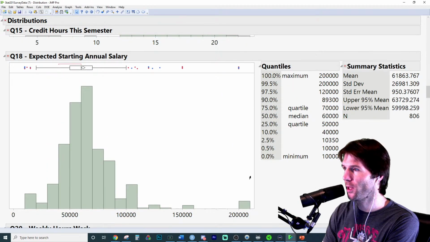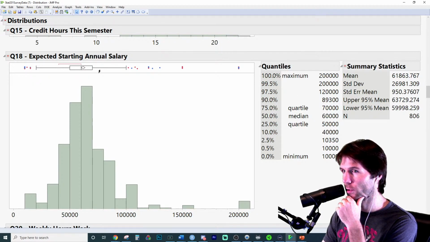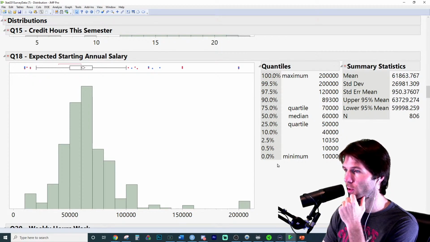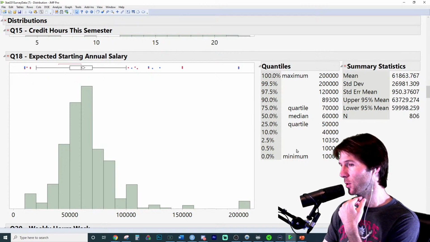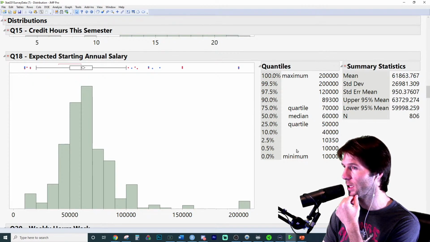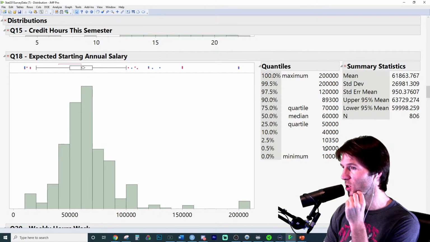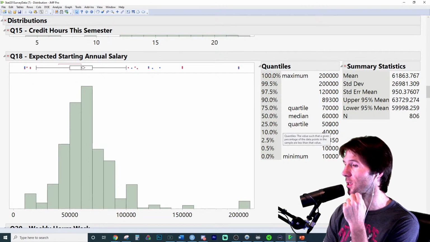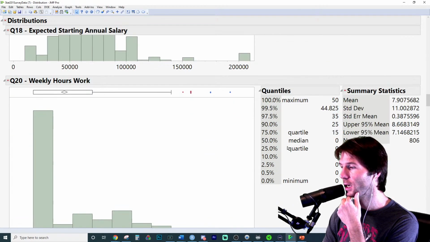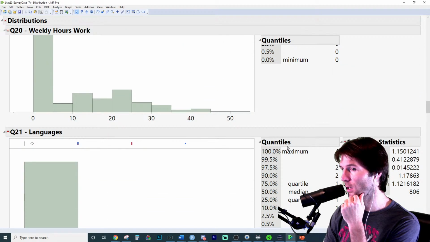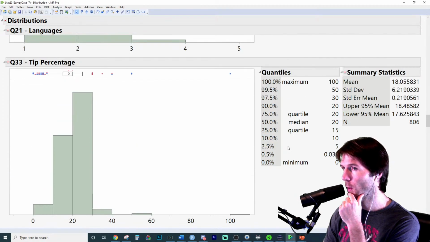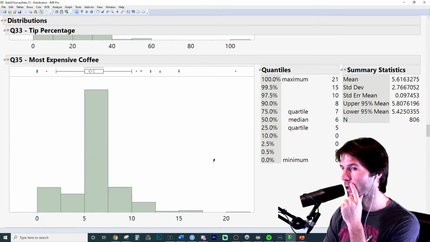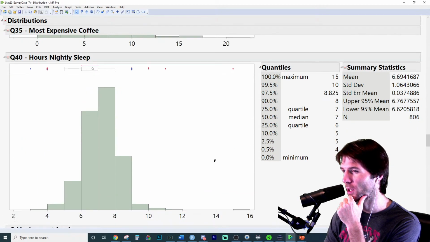This one has extreme high outliers. I'm probably going to go with median and IQR here, due to the high outliers. There's some right skew and there's extreme outliers. This is how much money you expect to make. So the proper measure for center of this distribution is the 50th percentile of students expect to make $60,000 when they graduate. And the proper measure of spread would be $20,000, representing the spread of the middle 50% of the data for students on how much they expect to make. Very clearly median and IQR. Probably still median and IQR. You got a little bit of low outliers, but extreme high outliers. Weird distribution. Still median and IQR, I'd say.